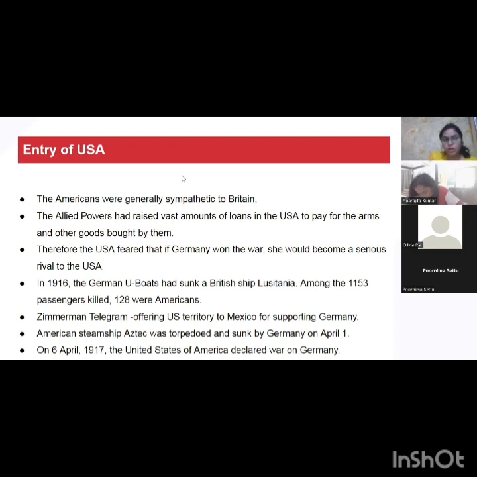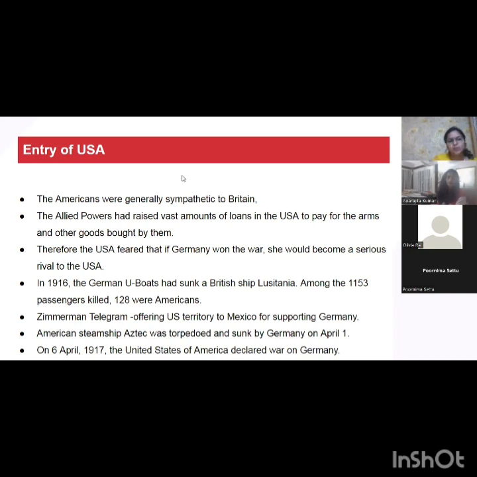So America was now in a state of panic. The reason for panic was Germany's submarine warfare. America thought that if Germany won the war, and the allied powers whom America was supporting were defeated, then America would be at a loss. Why? Because who will repay the loans? America had completely financed the war, right? America had given so many loans to European countries that it was in fear that if Germany won the war, it would become a big financial problem for America. And second, Germany would pose as the biggest rival to America.